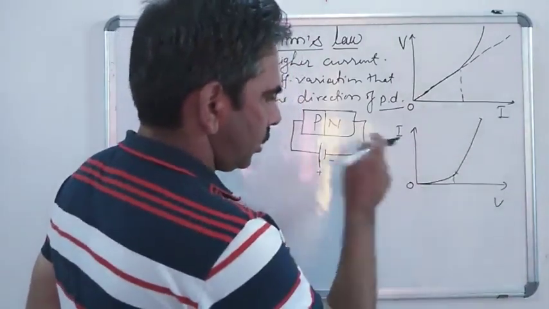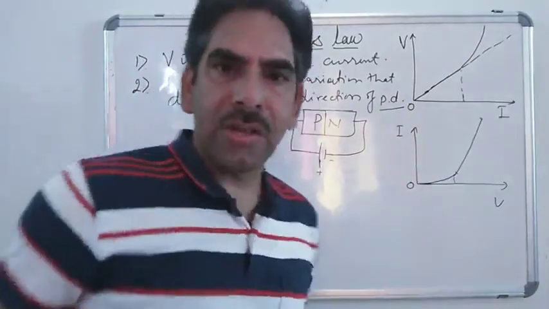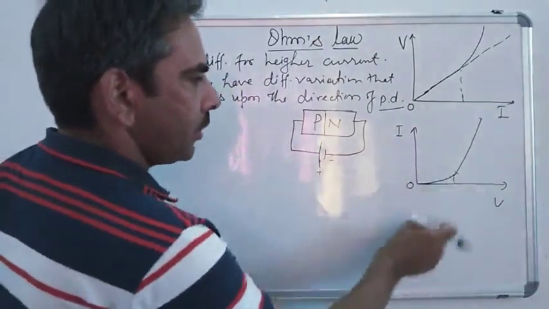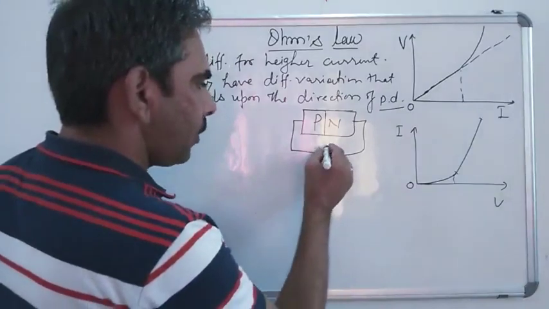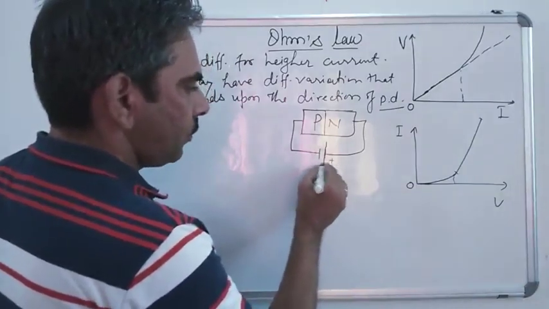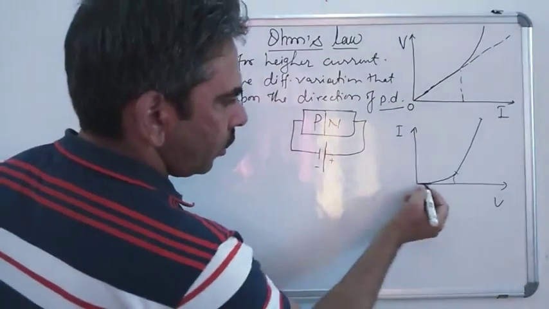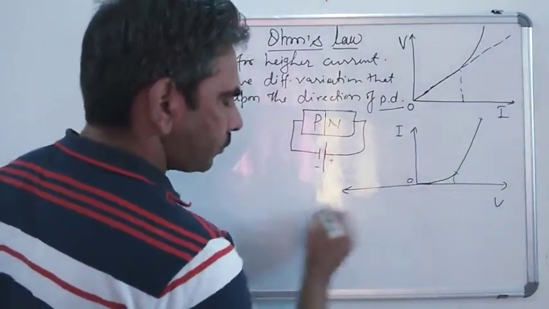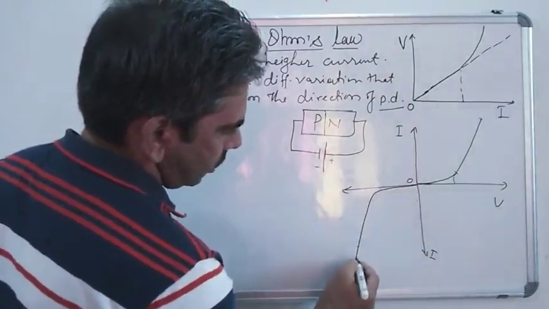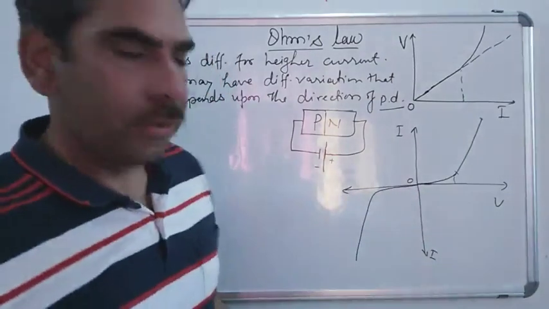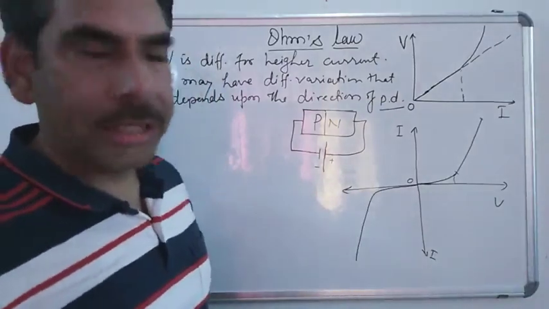So if we talk about the PN junction diode, the graph is not a straight line, hence there is no direct proportionality between I and V. So Ohm's law is not valid in the case of semiconductors. Also, whenever we apply the potential in the opposite direction, so that positive is connected to the N region and negative of the battery is connected to the P region, we call it the negative potential. Whenever negative potential is applied, the graph is just like this. So it again shows that whenever we change the direction of the potential, Ohm's law is not valid, right?